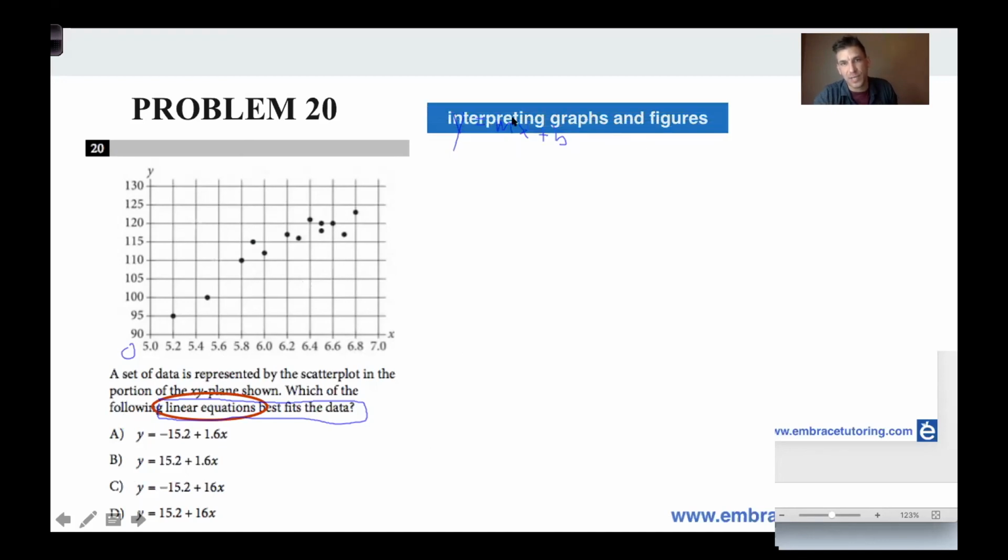If I do approximations interpreting graphs and figures, line of best fit is going to refer to slope. I'm purposely picking points where one is further up and one is down below. And